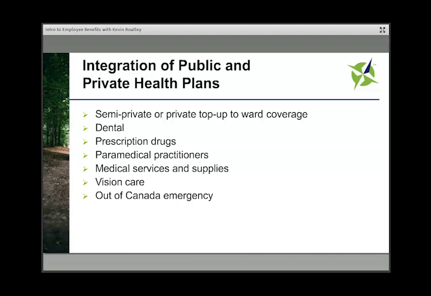Medical services and supplies couples with the OHIP system under a program called the Assistive Devices Program. The Assistive Devices Program provides 75% reimbursement of cost up to a reasonable and customary cost, and your benefit program supplements the other 25% in many cases. Things like mobility aids, or speech aids, or braces. Those are the types of things that could be covered by your benefit program in coordination with OHIP.